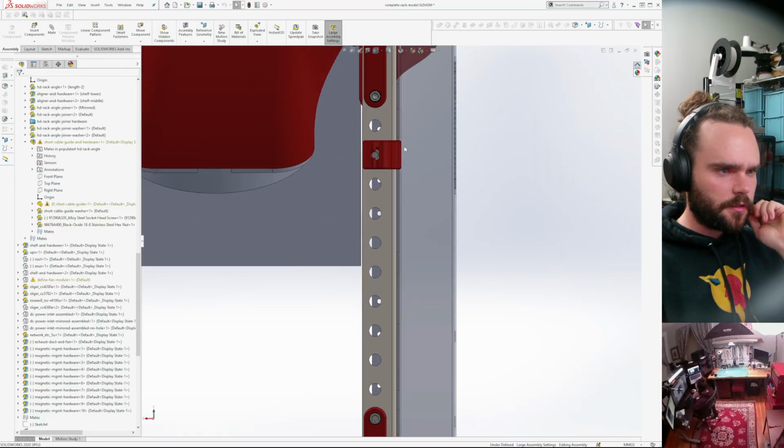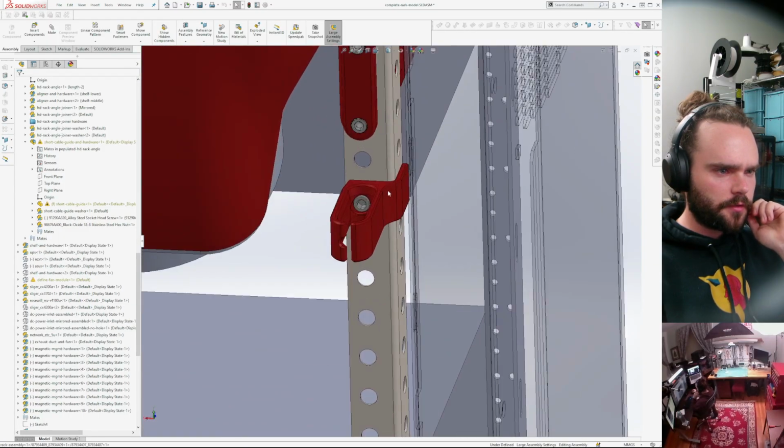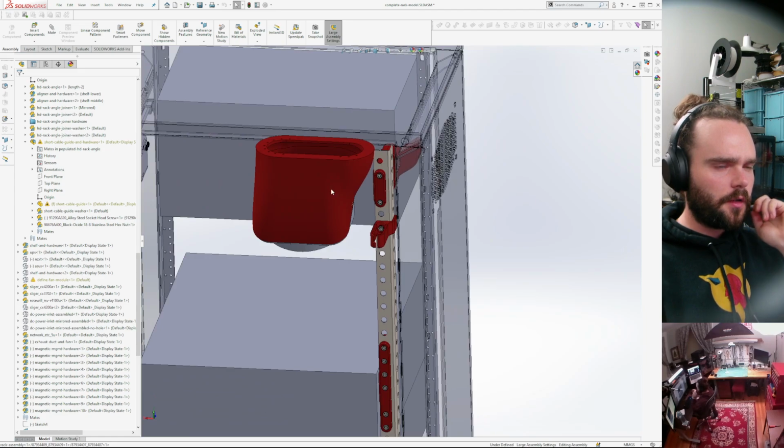Let's not slice this. I'm pretty sure this will work. Alright, so...